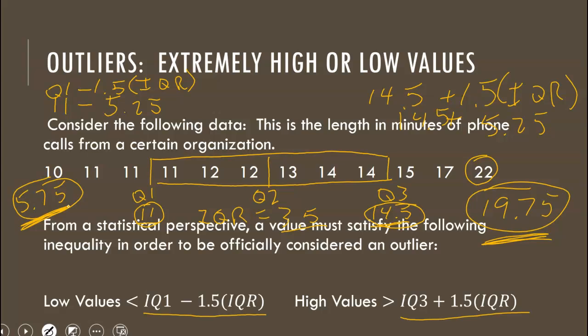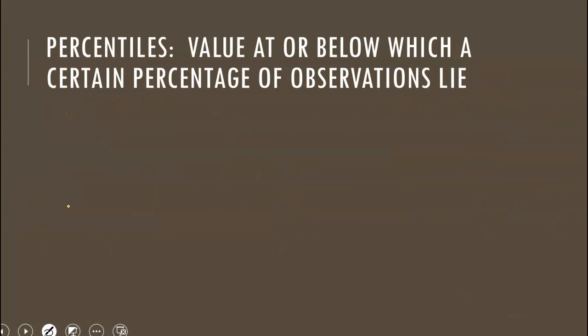They would either consider it an outlier or not consider it an outlier. So let's go ahead and talk about percentiles. Percentiles is the second topic that we want to talk about in this PowerPoint, in this video. And so percentiles are defined as the value at or below which a certain percentage of observations